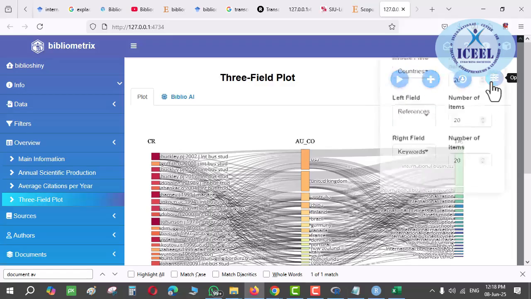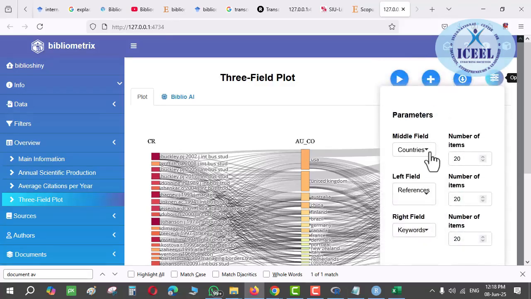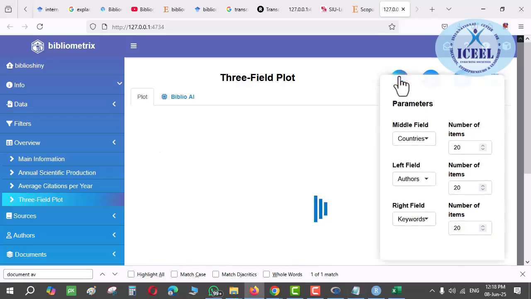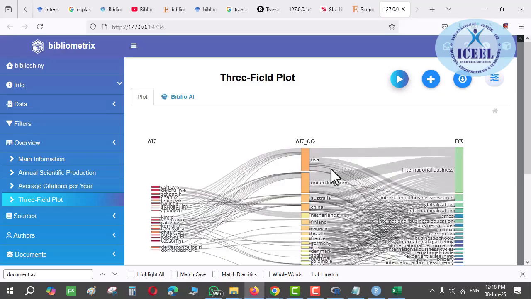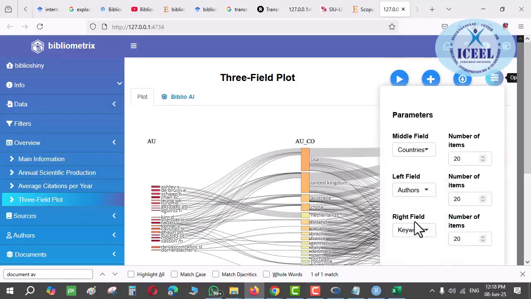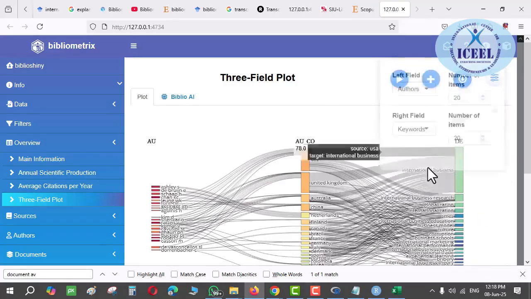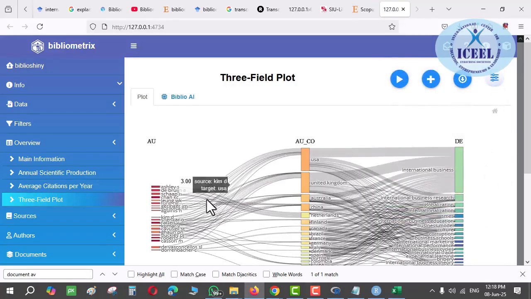Now, if I want to change it to author, for example, in country and then rather than references, I want to use the author. Which authors are prominent into my field, my domain, my research area. I can select that even and click on this. I'll be getting the complete idea that which are the prominent authors in which countries particularly. So country to author relationship with the last is what? Right field graph keyword with the keyword. What particular keyword they are researching.